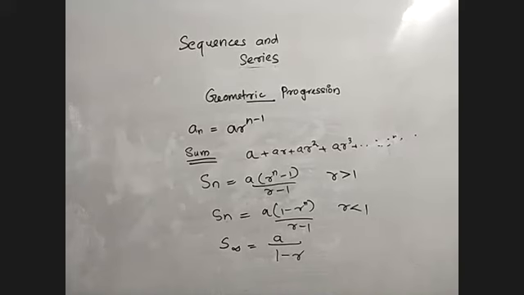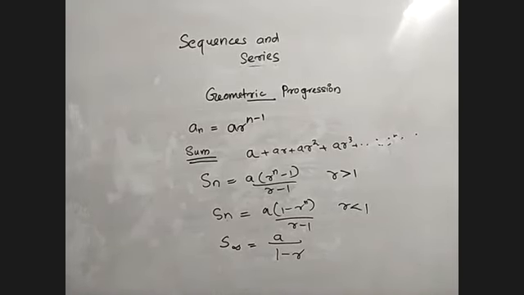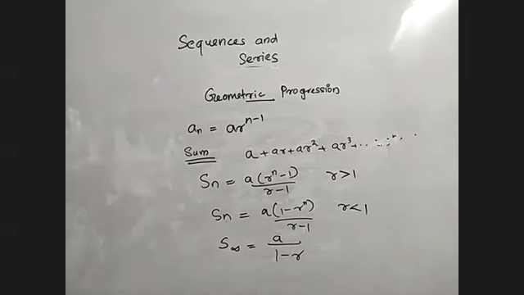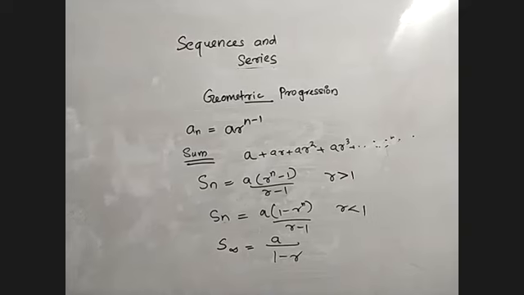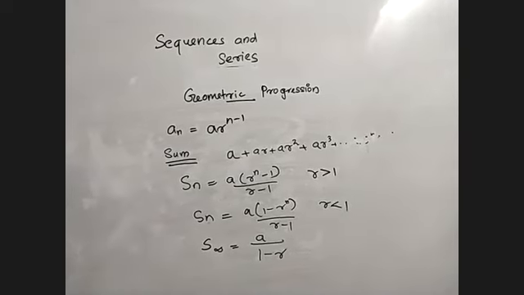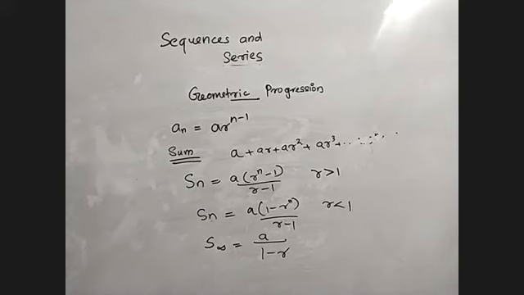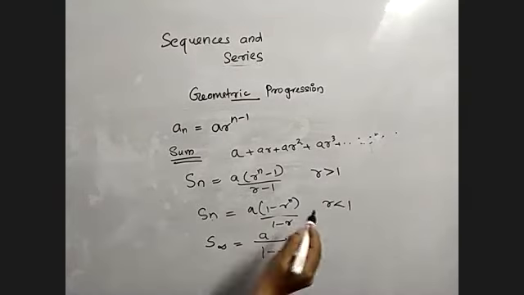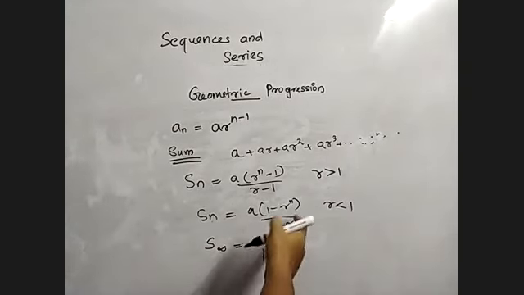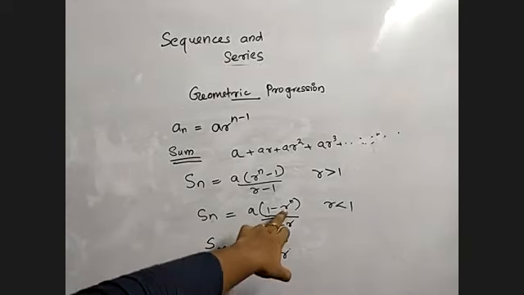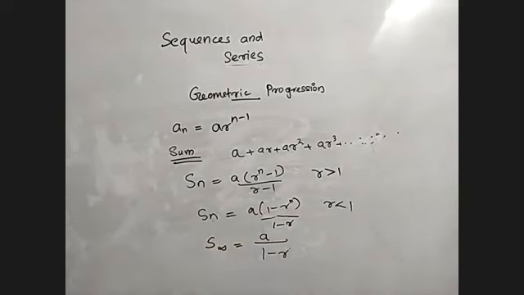Umesh, what did you ask? I have a doubt. The second equation for finding the Sn term is a (1 minus r^n) by 1 minus r, I think. Yeah, 1 minus r. Sorry, reverse the numerator. Sorry, it is 1 minus r. Please correct this. This is 1 minus r.